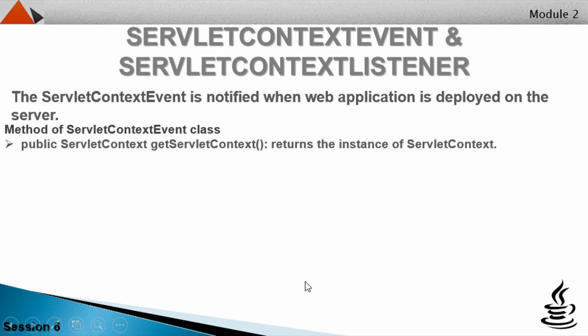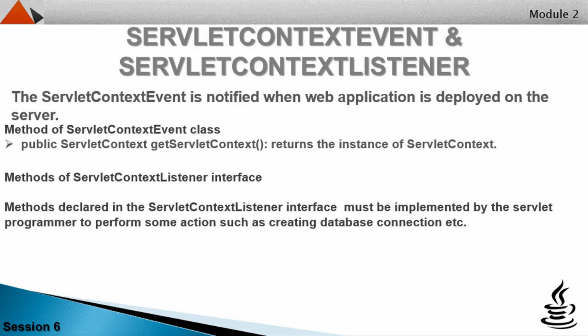Methods of the ServletContextEvent class. There is only one method defined in the ServletContextEvent class: public ServletContext getServletContext(), which returns the instance of ServletContext. Methods of the ServletContextListener interface.